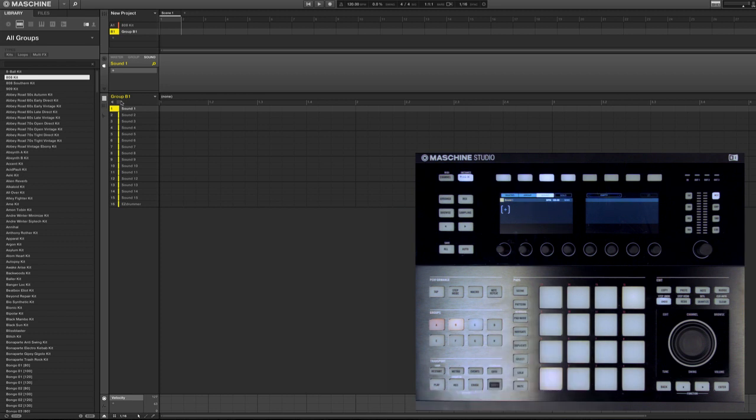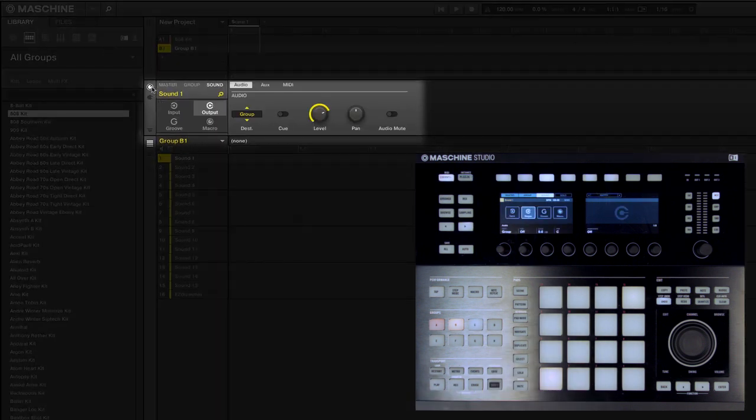The way we do this is from the software: you can come into the channel section of Maschine, and at the sound level, make sure you're on the output and select MIDI. At this point, with the pad selected, you can select a destination. Right away, you'll see Sound 16 EZdrummer, which is basically hosting the sounds. Once I select that,